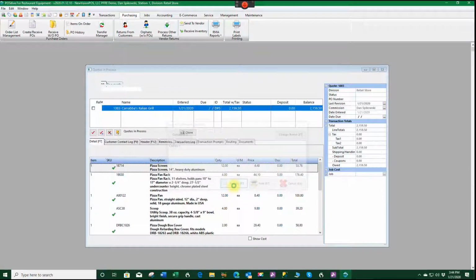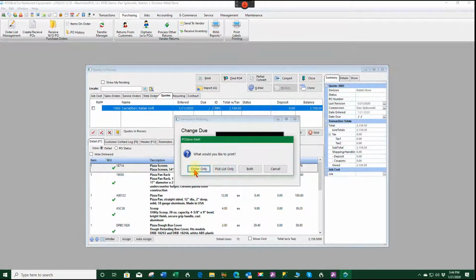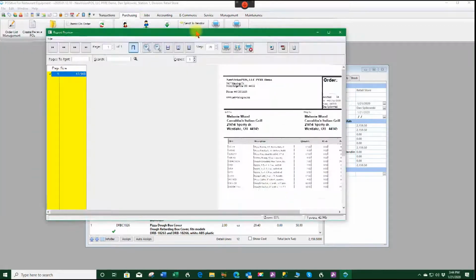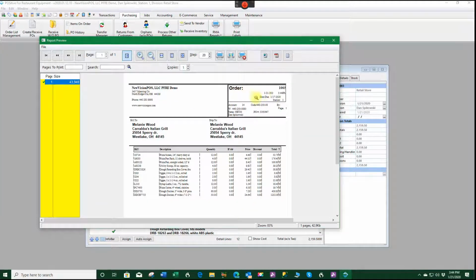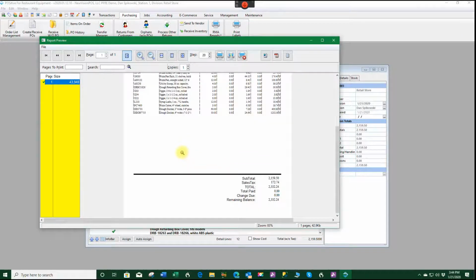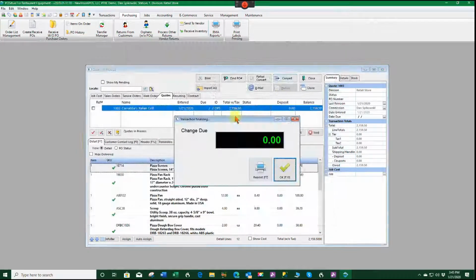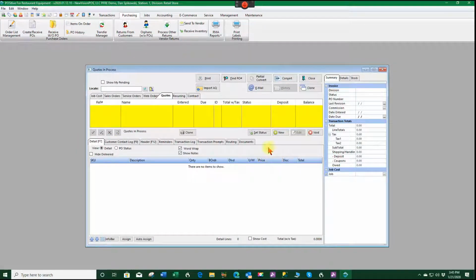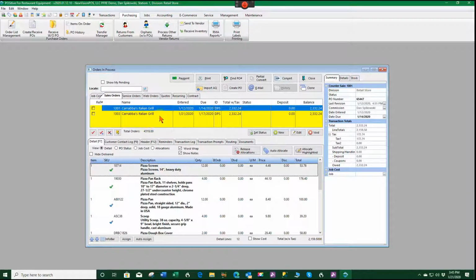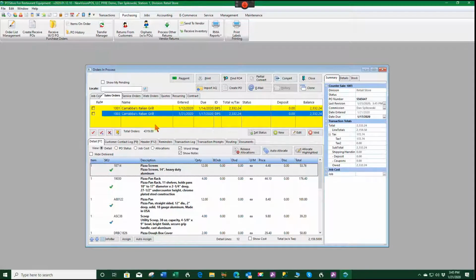I can click Preview, and I can either print the order, the pick list, or both. I'll just print the order, and that order will come up here, and here it says here's my order, and here are all the items that are on that order. So now that it's on my sales order, I'm going to be able to take this, and it tells me what I have to back order, but because